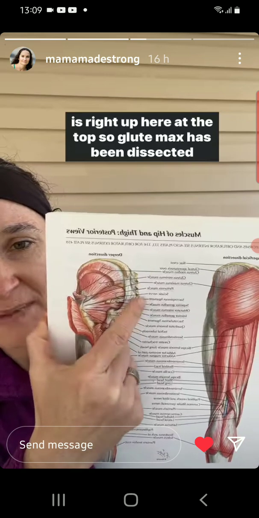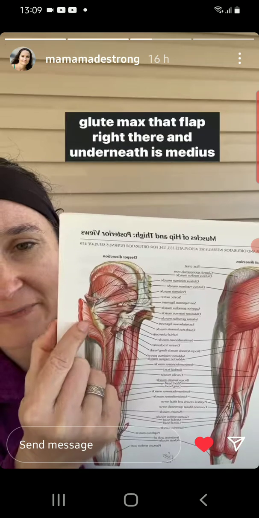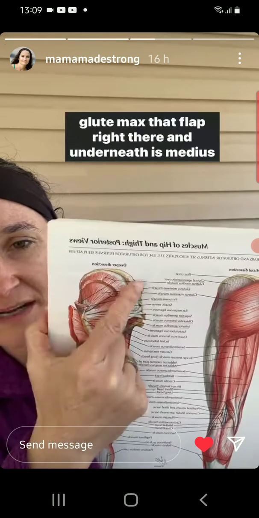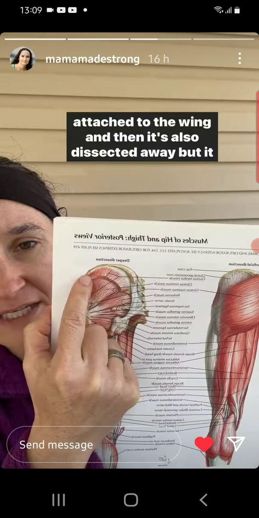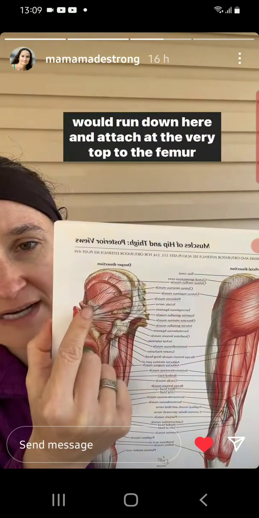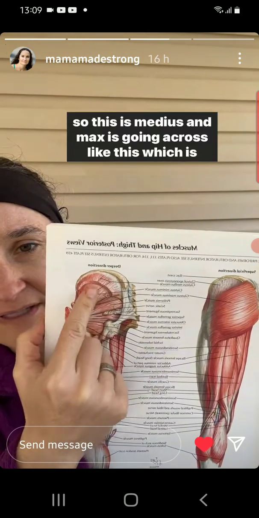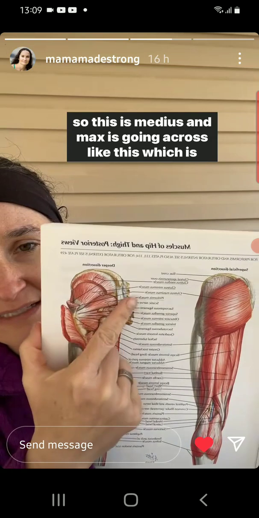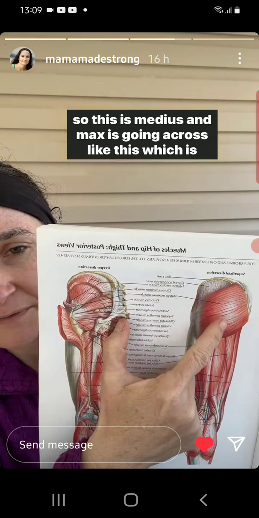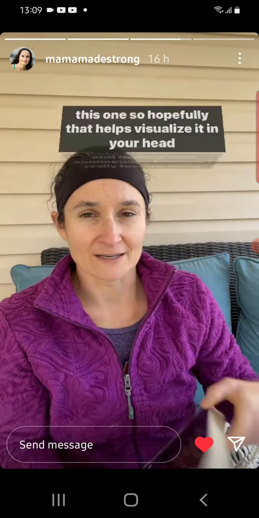So glute max has been dissected away in this picture from the tailbone and the femur. This is glute max, that flap right there. And underneath is medius attached to the wing, and then it's also dissected away, but it would run down here and attach at the very top to the femur. So this is medius, and max is going across like this, which is this one. So hopefully that helps visualize it in your head and make those